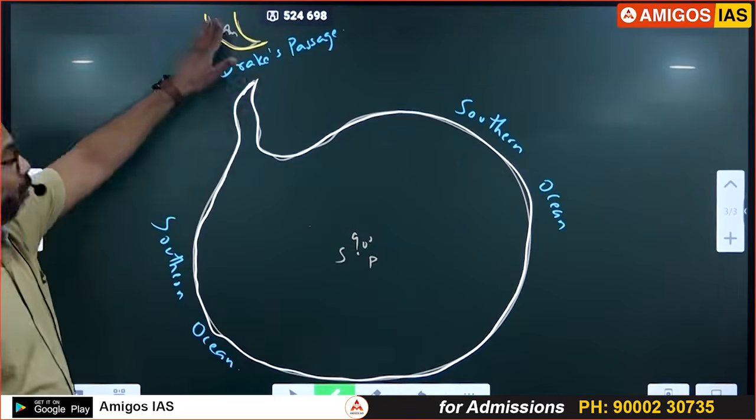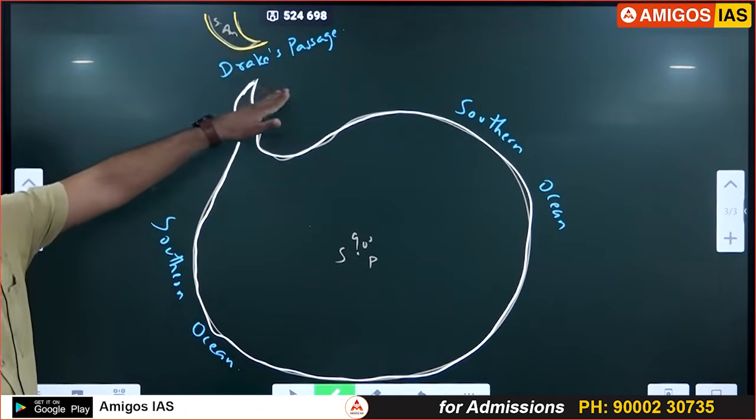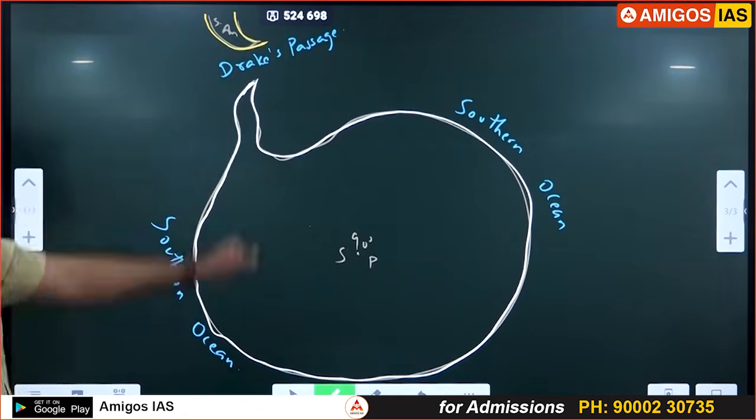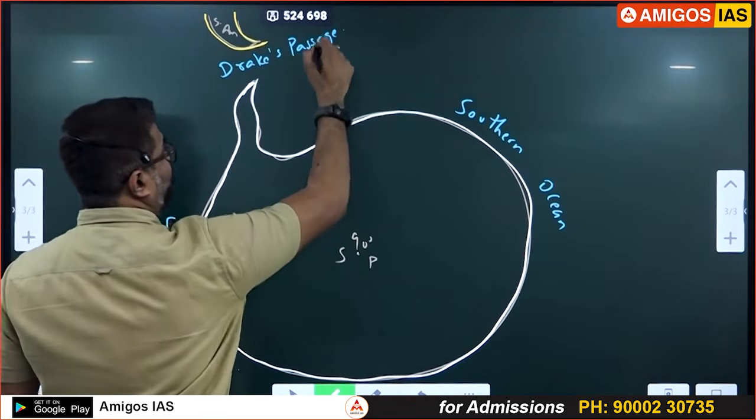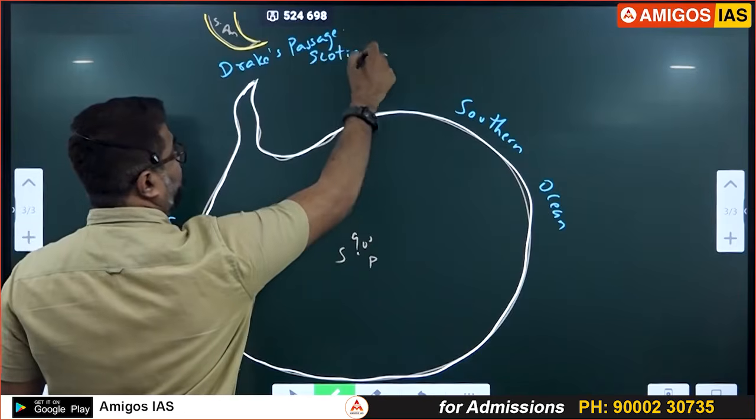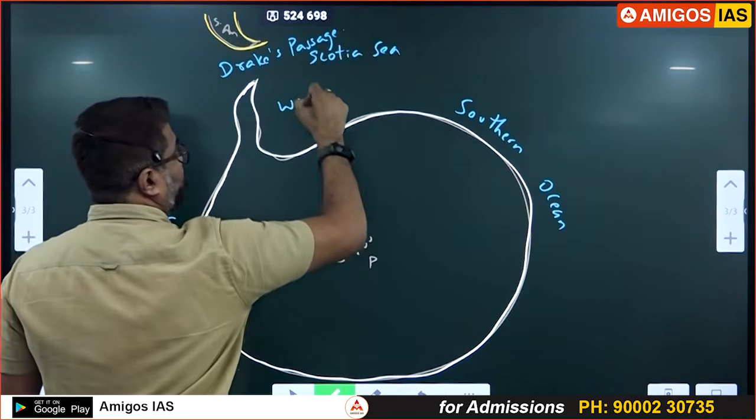So between South America and Antarctica we have Drake's Passage. Okay. And all the surrounding water bodies you see: Weddell Sea, Scotia Sea and all. Notice the water bodies here. Scotia Sea, Weddell Sea,